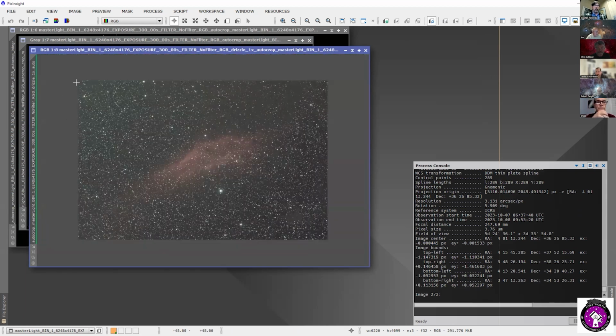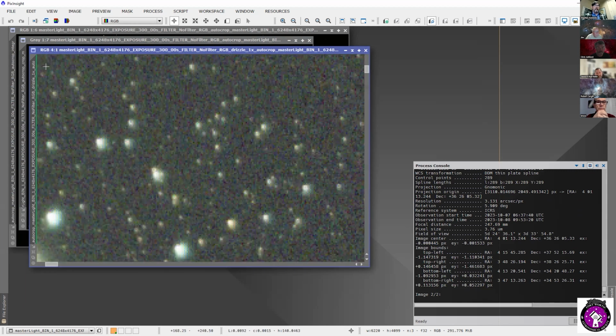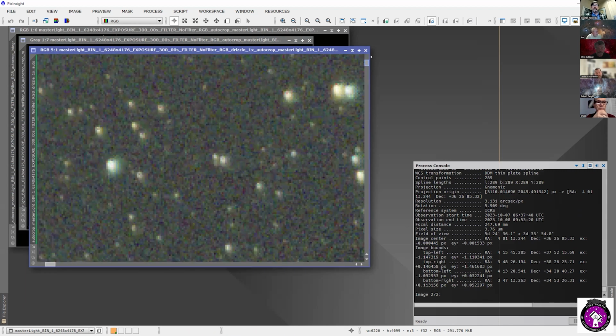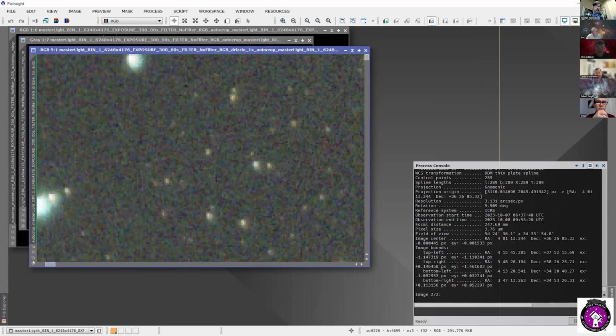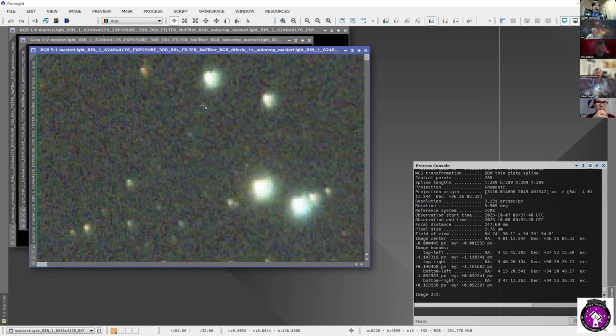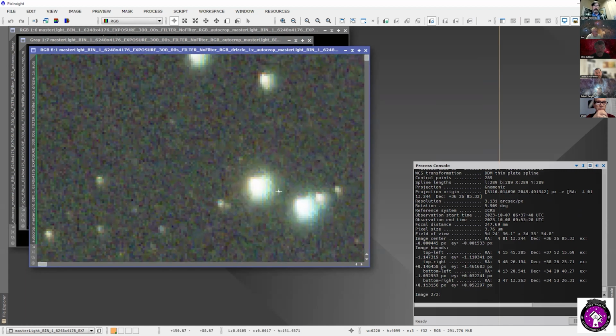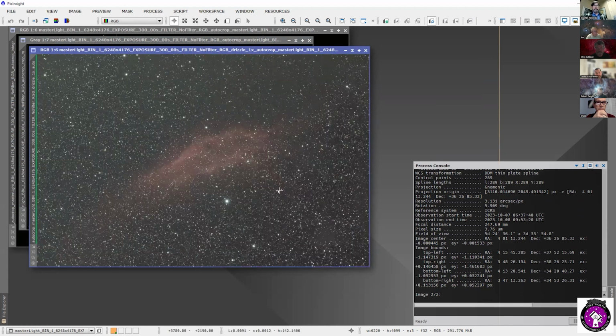Let's look at some of the corners. Let's see if I've got any back focus issues. Those stars are looking pretty good on the corners. Not perfect, but very good. Okay, I'm happy with that. And that's only 5 frames of data. Now let's look at the